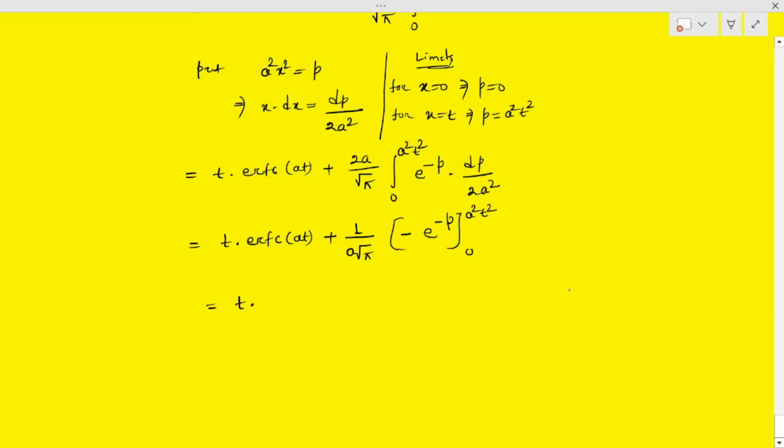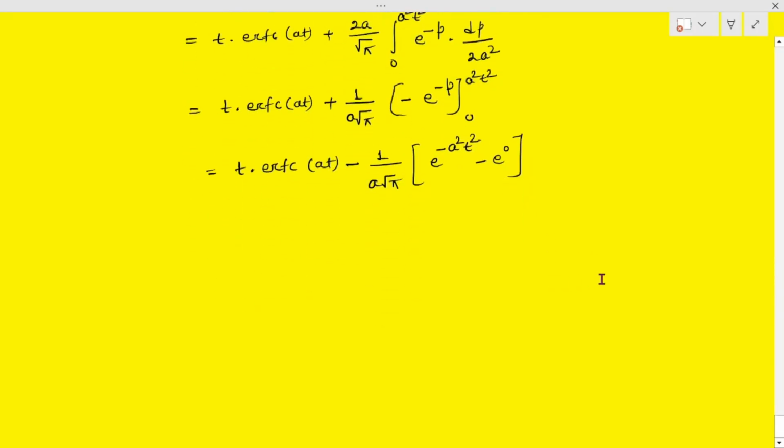This equals t into complementary error function at minus 1 by a root pi, and by substituting the upper limit, e to the minus a square t square, and the lower limit e to the 0, finally we find